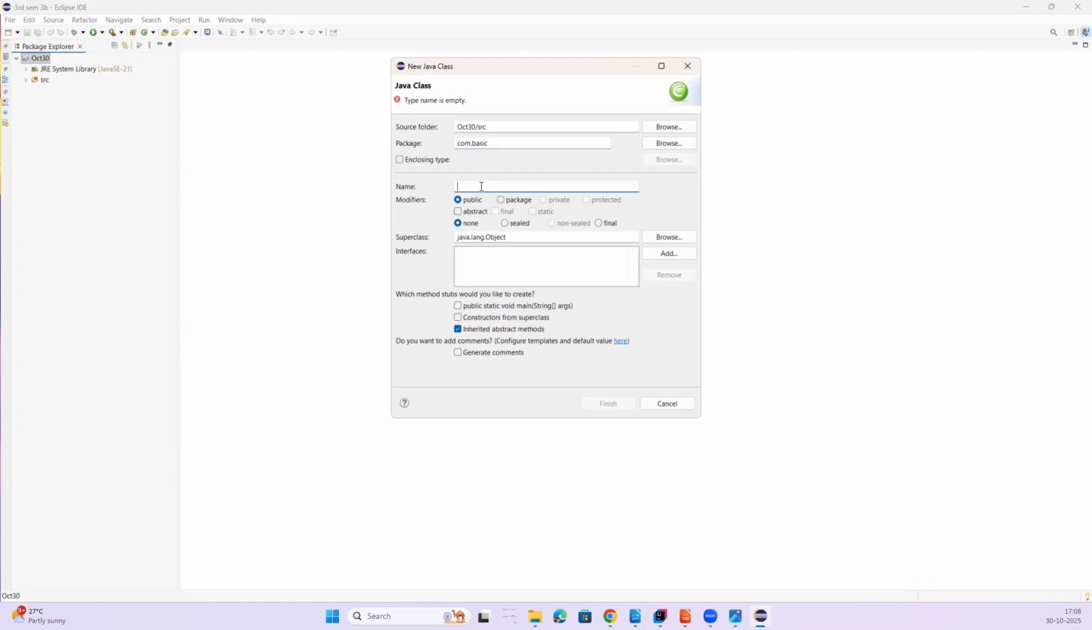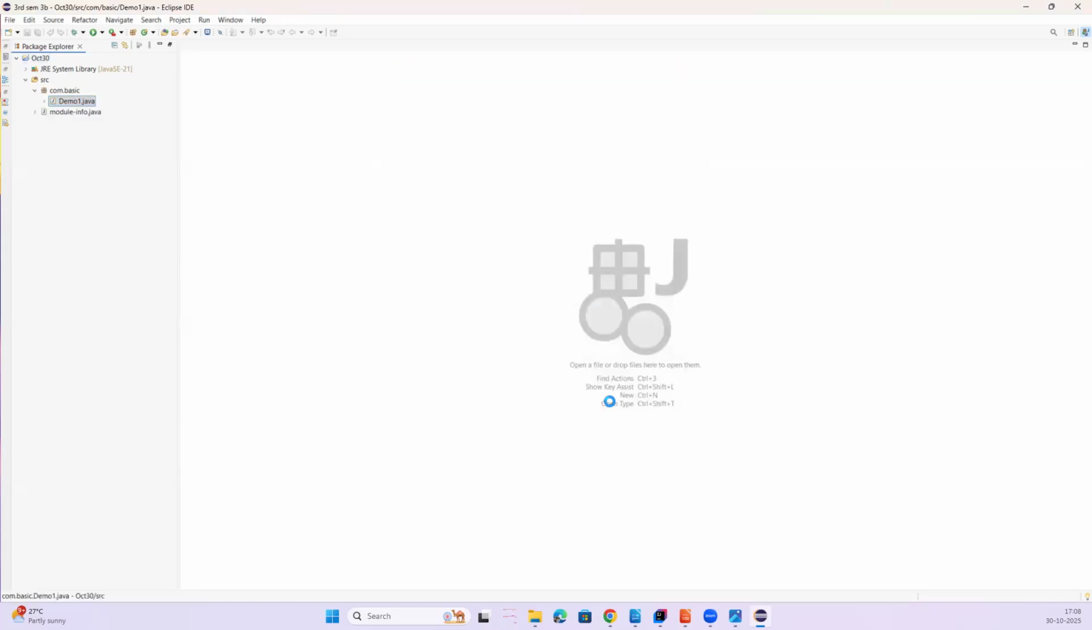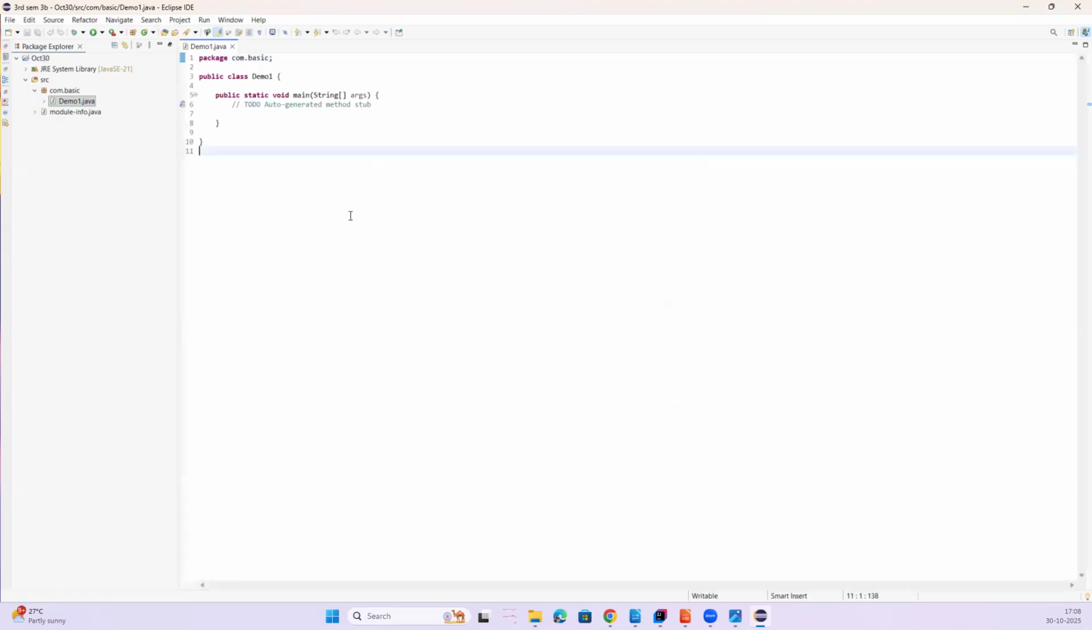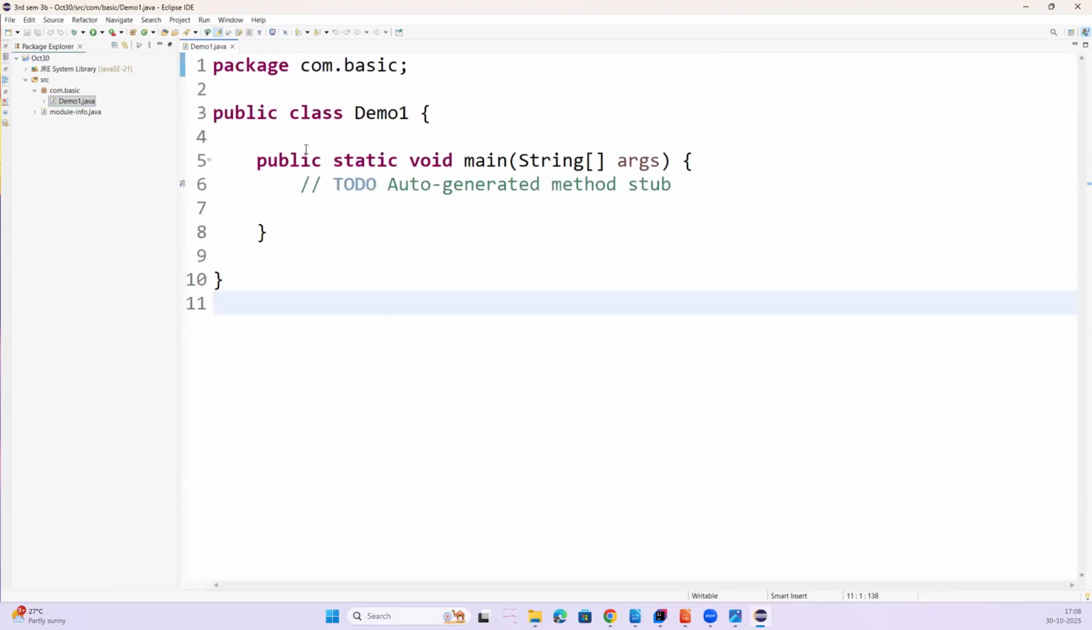Here, your class name should always start with a capital letter. So if I'm going to name it Demo1, D should be capital. I'll keep it as public, and then if you want the main function to be added, you can click this and then click on Finish. So what you'll notice is a file which has your package name, meaning under that particular package your file has been created,